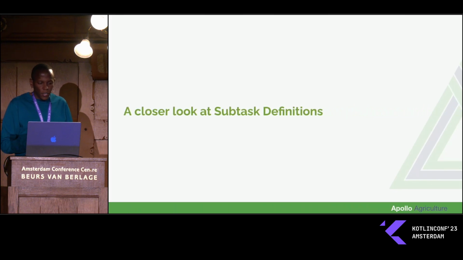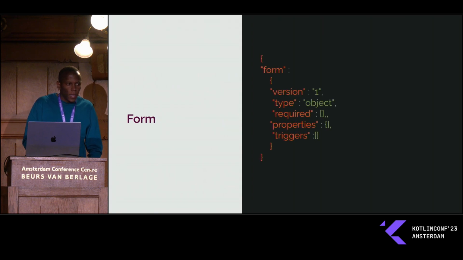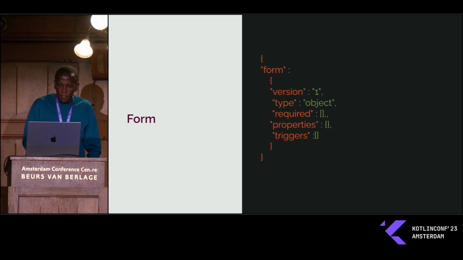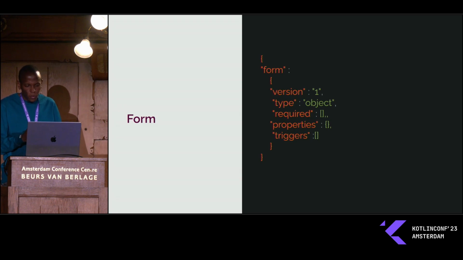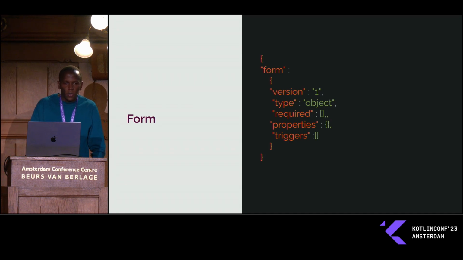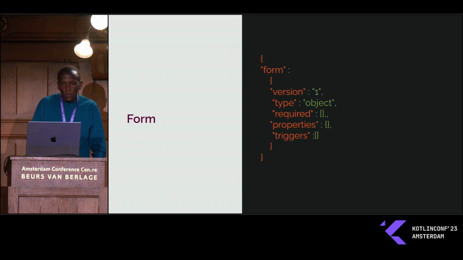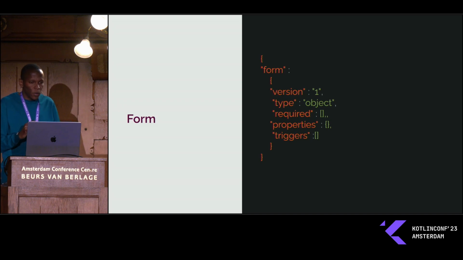A closer look at the subtask definition, which I mentioned earlier on. We have a form. This is mostly where we have a lot of inputs that we require the agents to perform, like asking the questions and then performing those inputs. So at the very high level, we have this JSON response, which has these fields. We have a version, so this helps us track the version of the form. Again, as I mentioned, we have to make it very highly customizable and also dynamic. So in case we need to update questions or update a certain form, we just